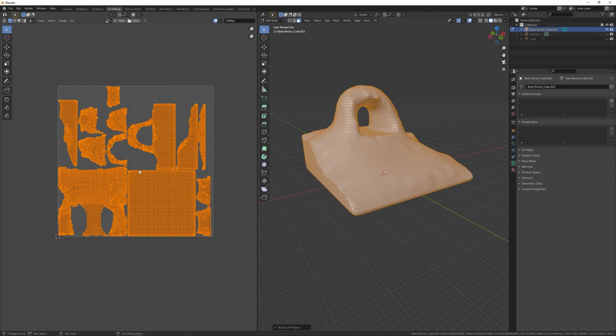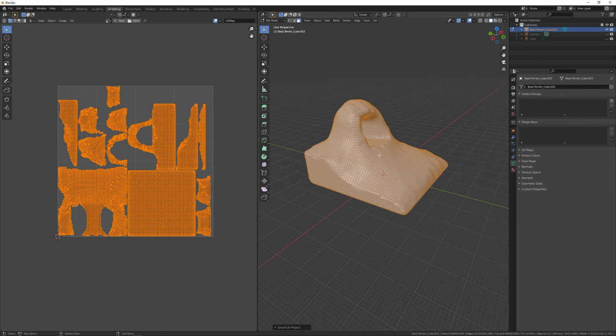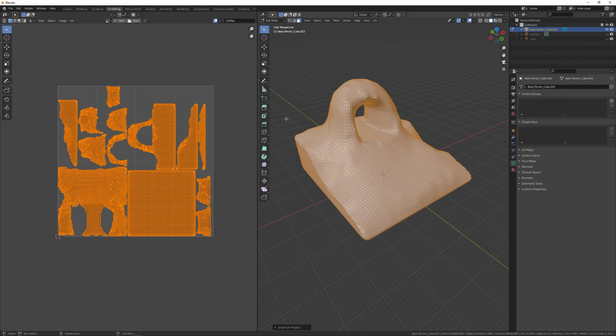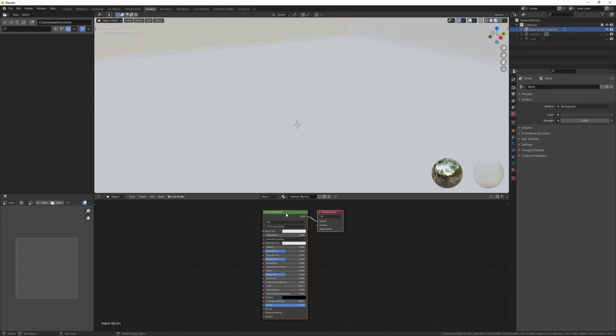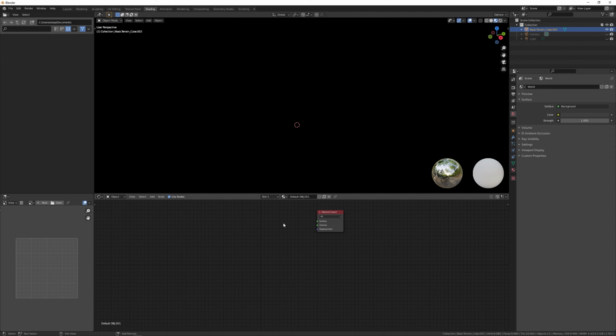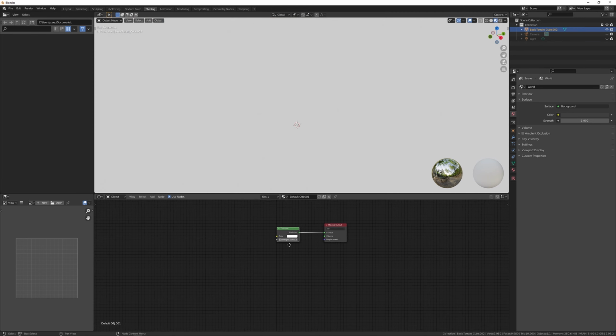You can look into UV unwrapping videos on YouTube, and you will find lots of information that we won't go into today. So now let's apply a very basic texture to this. So I go into shading. We're going to delete this Principled BSDF shader, and I'm going to add an emission shader like this.